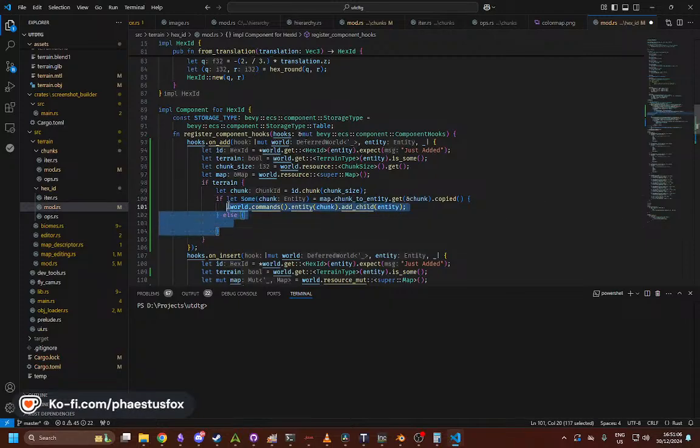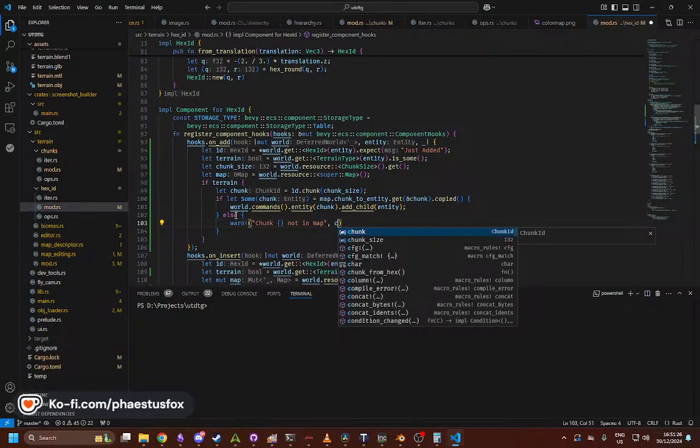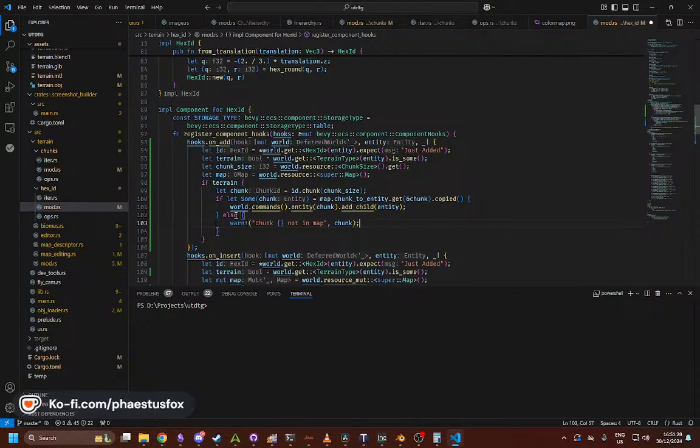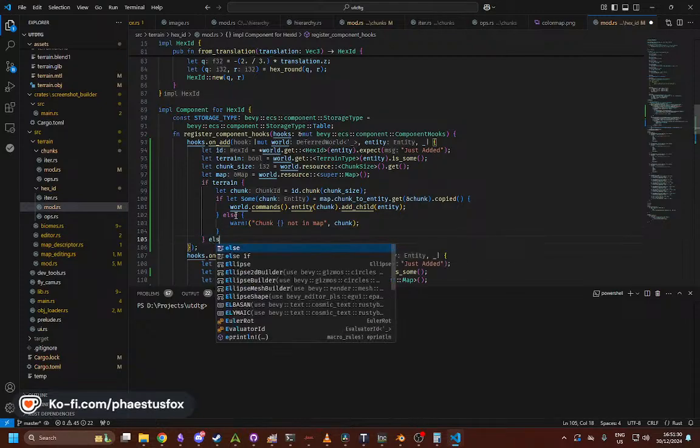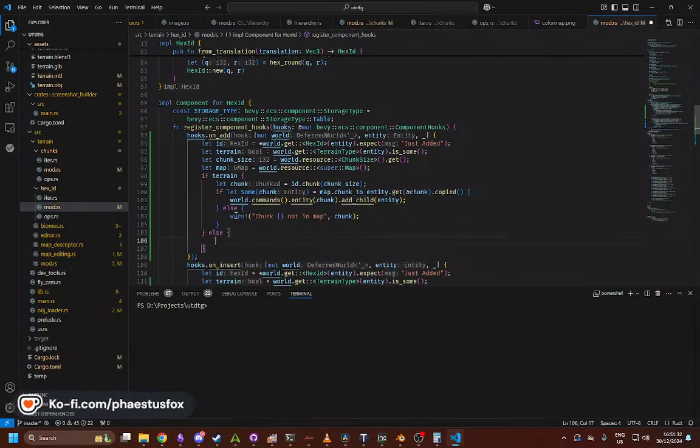Wait, no, this is otherwise, so this one kind of just want to be like one. Chunk not in map should be fine, like that. Okay, and then we say else if you're not a terrain, then we need to